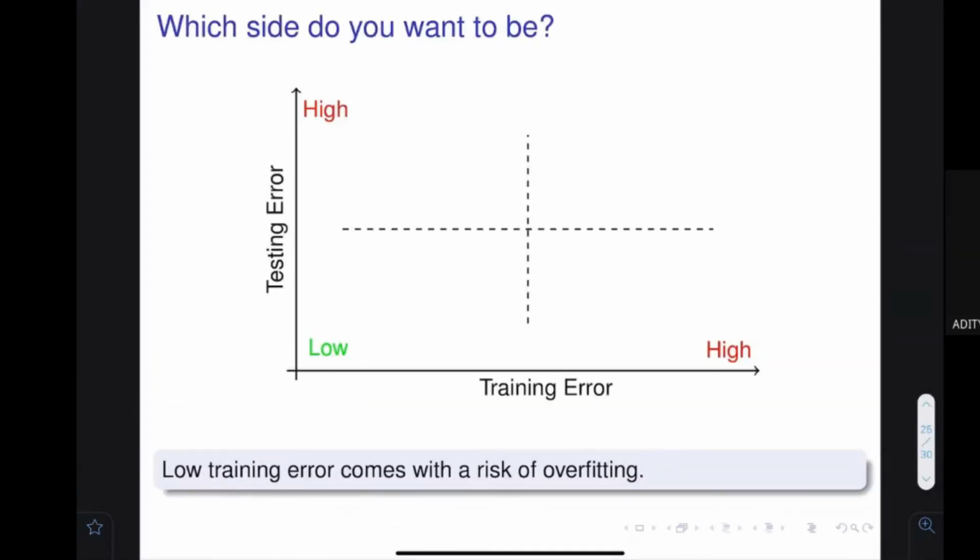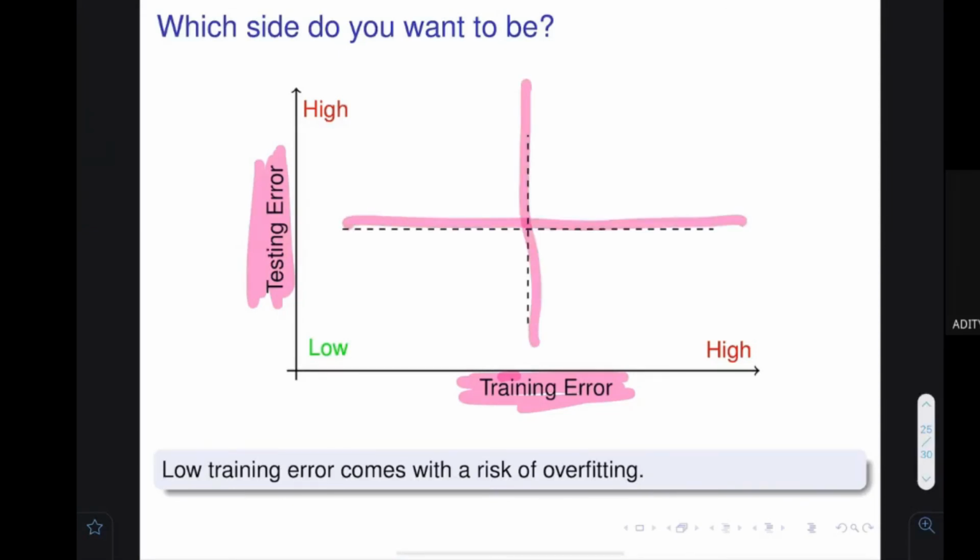So here what I wanted to tell you is that on the x-axis it is the training error, and on the y-axis it is the testing error. Let's assume that I divide this particular space into four portions: low-low, high-high, low-high, and high-low. What is this particular place? When you start, your system would be somewhere here,